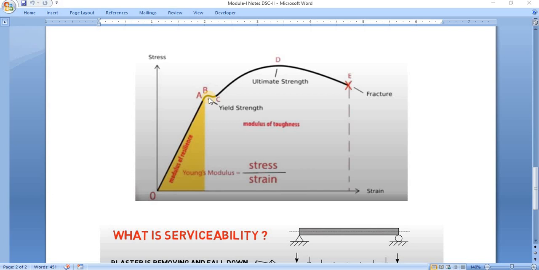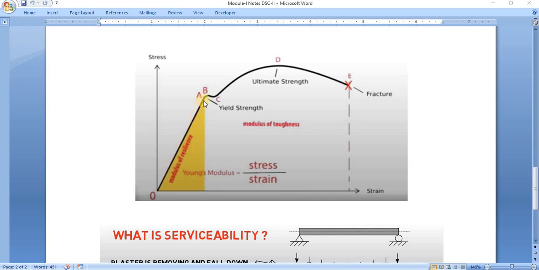After yielding also, the material will carry some amount of load, because you can see stress means load divided by area. Let us think that area will remain the same. So you can see I am increasing load over here, and simultaneously strain is also increasing. I am just saying the stress as a load. So as load increases, strain increases, because I am keeping area as constant. You know that stress is equal to load divided by area. So area I am keeping constant. If I increase load, obviously stress will increase proportionally.